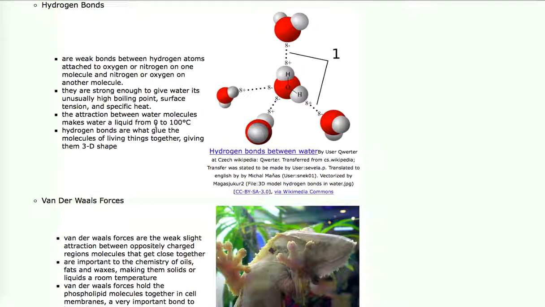But hydrogen bonding is what literally is cementing your body together. It gives your bone the strength it has. Tendons and ligaments are being held right now by hydrogen bonds, not by covalent bonds. Your body is not one giant covalently bonded molecule. You are a bunch of molecules that are stuck to each other, mostly by hydrogen bonds.